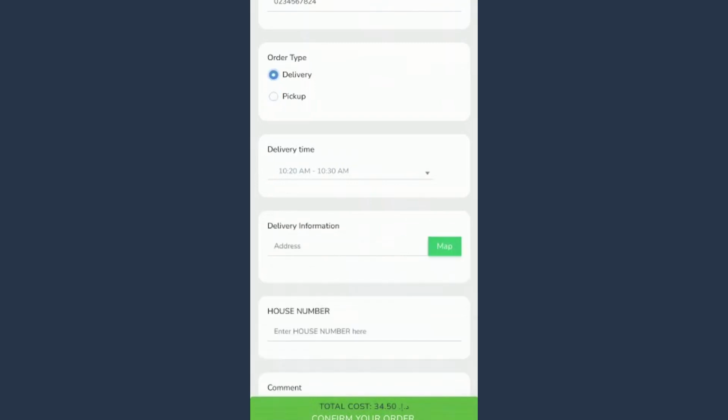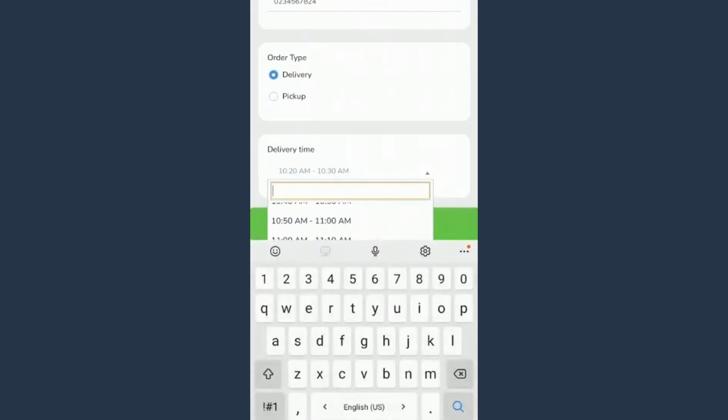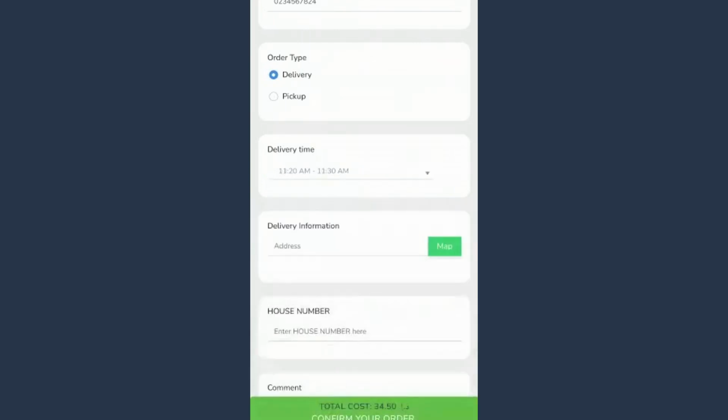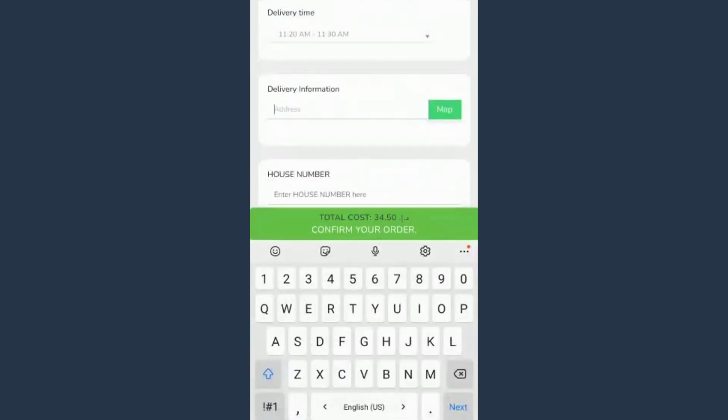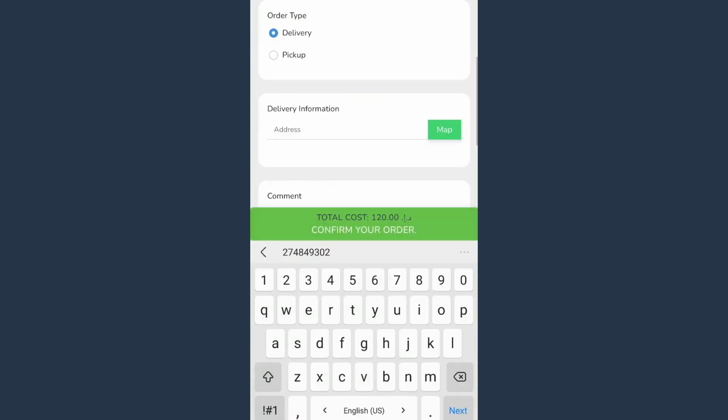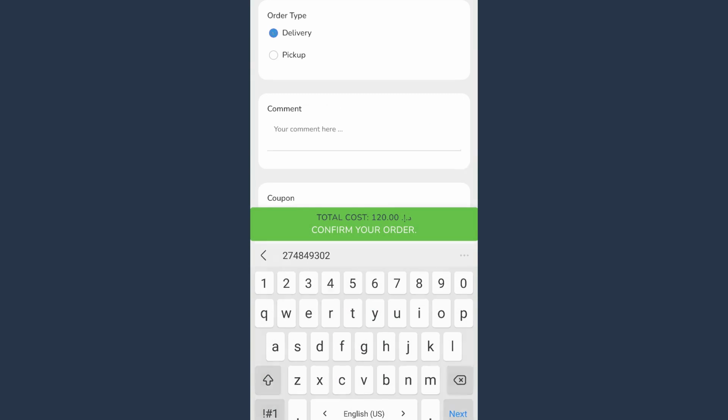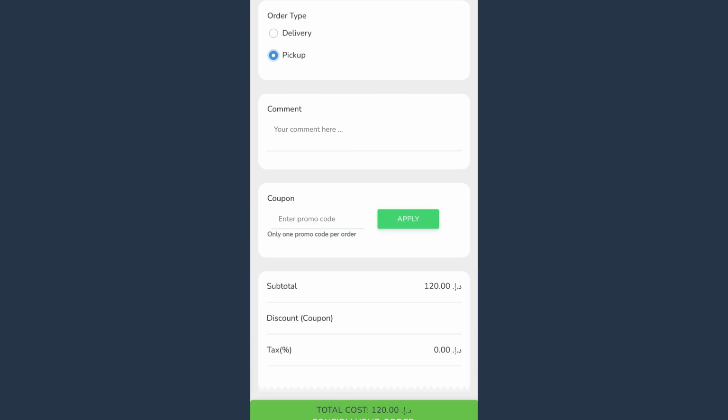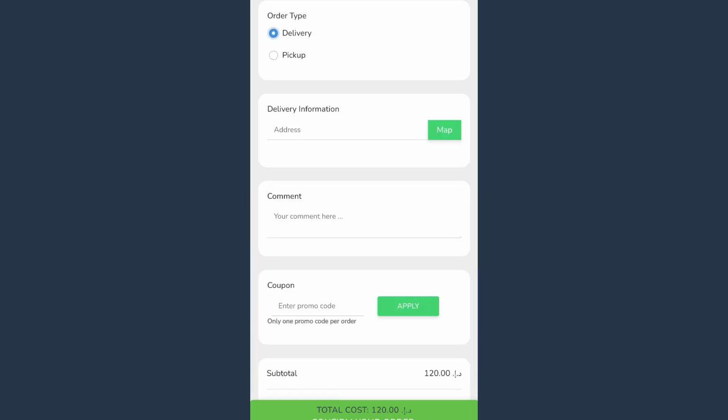So you see, if it is delivery, it will ask you the time. Suppose I want it at 1:30, that is an option available. And here you either type your address or give your location. If I'm saying pickup, it will not ask for my location. So here I'm being directed to give my address or location.